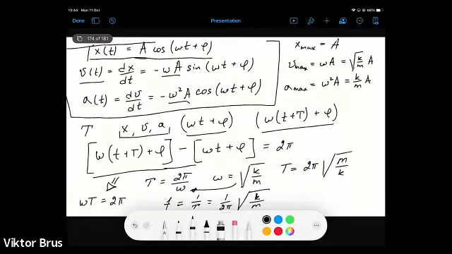So this is this equation. Then taking first and second derivatives, we got expressions for velocity and acceleration of the particle which undergoes simple harmonic motion,